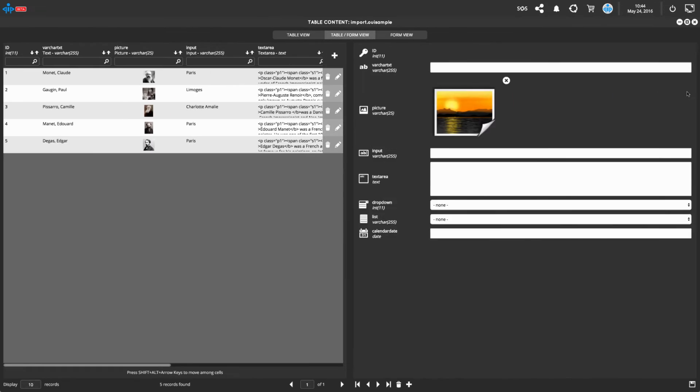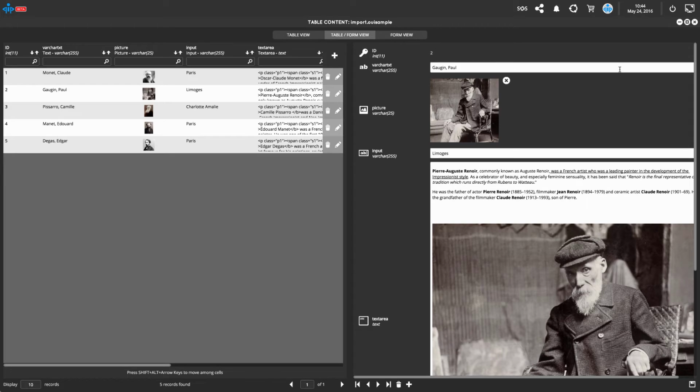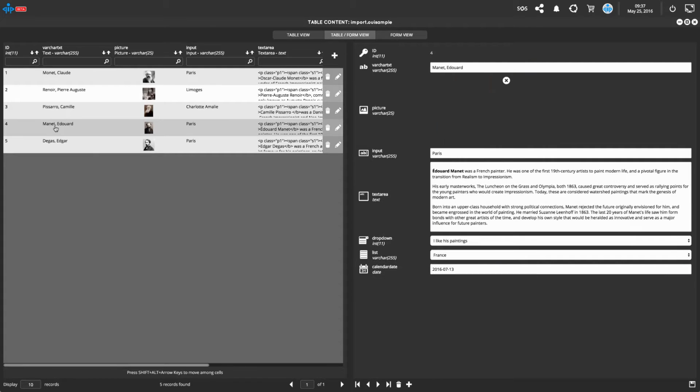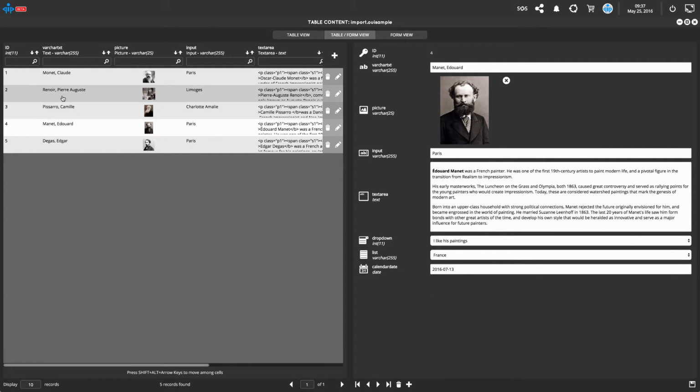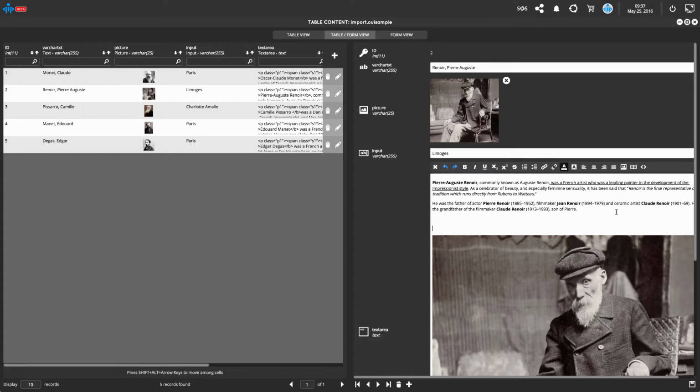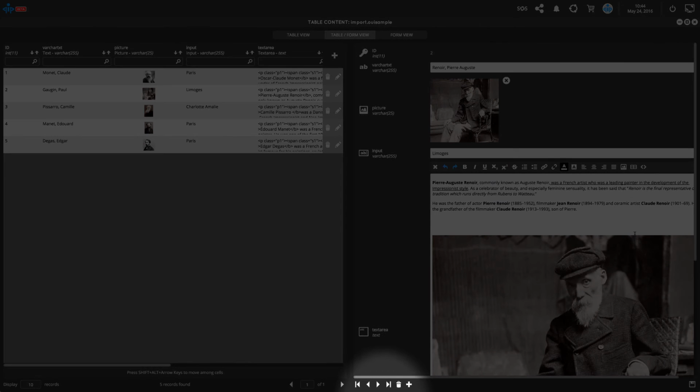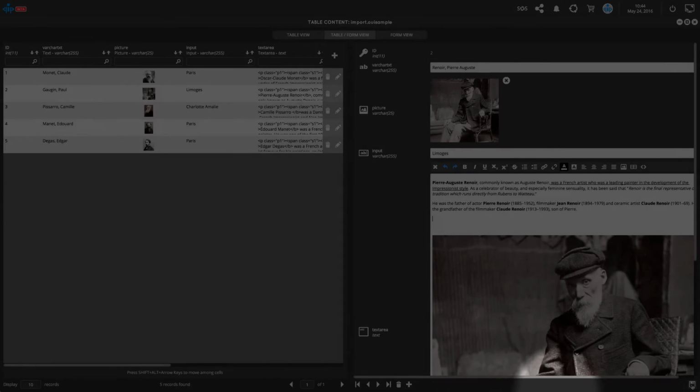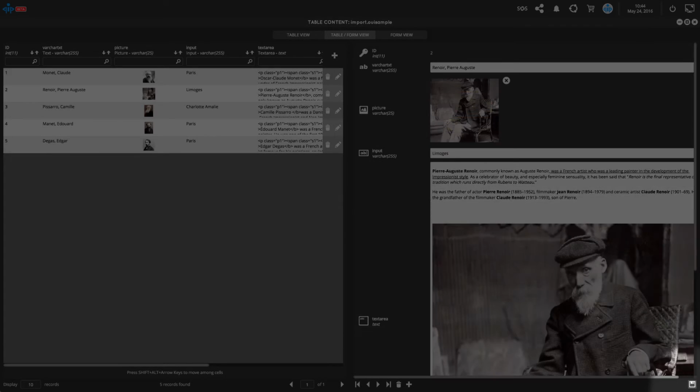The pencil button makes you enter Table Form View mode, which displays an overview of the current table's record on the left, while allowing you to edit a specific record more comfortably through a dedicated user interface on the right. Clicking on records makes you switch between them for editing. The panel helps you to navigate through records, delete or add new ones. Click Save after editing to confirm your changes.